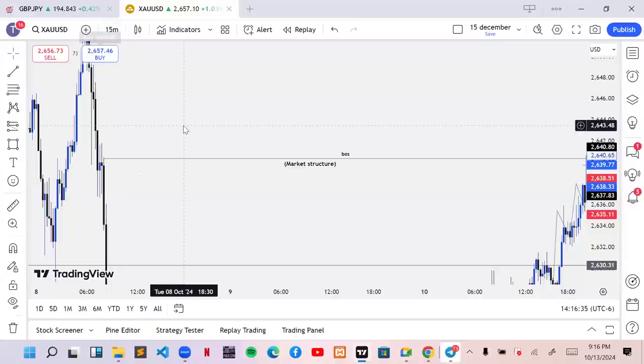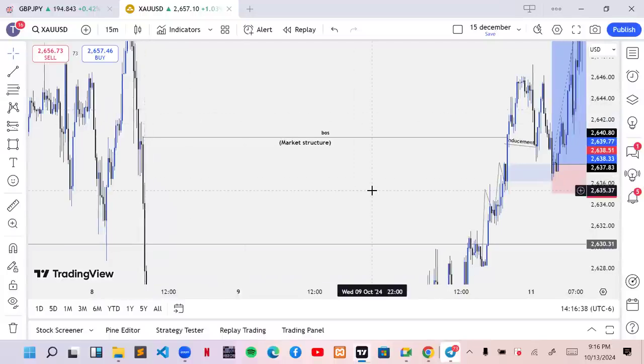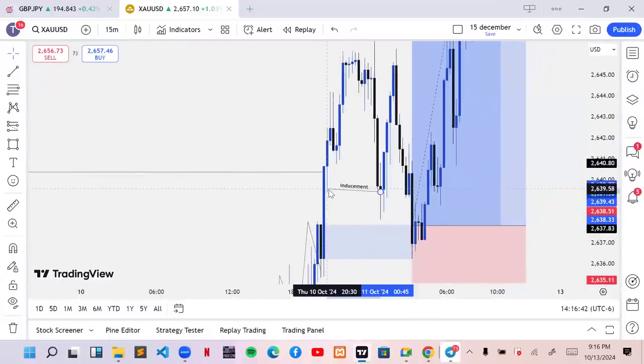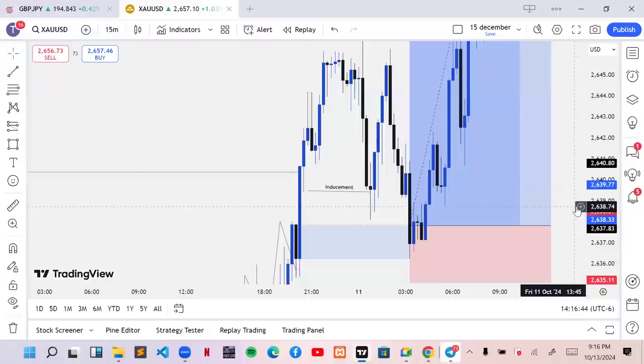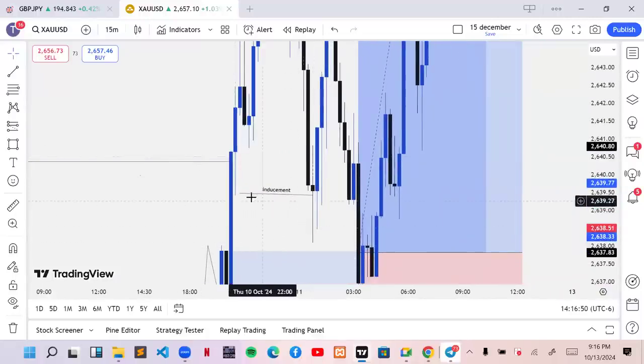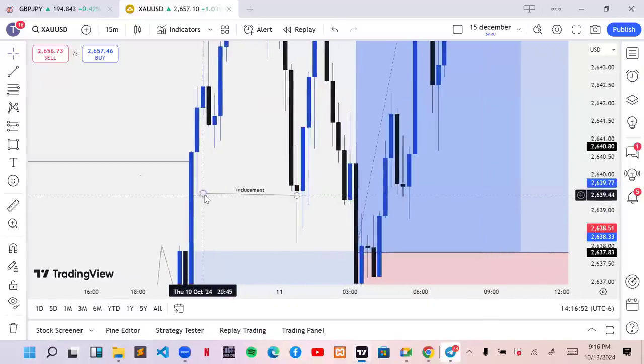And how about the inducements? That inducement you say there, I want to know how is that a valid inducement, please? Because I will use the other one, the one below. This one, you can use this, but a proper inducement is the first pullback, because after market did this break of structure,